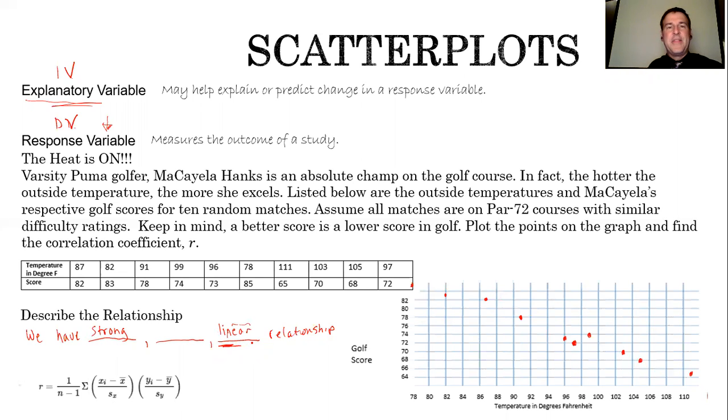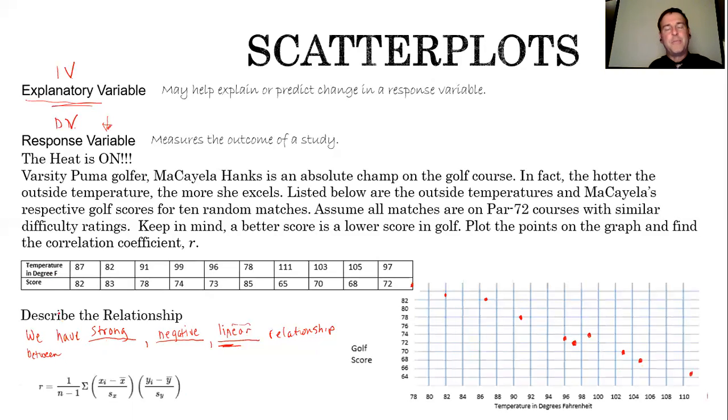And then the last thing I'm going to put in the middle here is whether it goes up or down. I'm not going to write the word up or down. As you read this from left to right, as x goes in the more positive direction, or your input values go in the more positive direction, you'll find that it actually has a, what we'll say, a negative relationship because it goes down. Had it gone upward, then you would say a positive. So we have a strong negative linear relationship, and I'm going to say between,